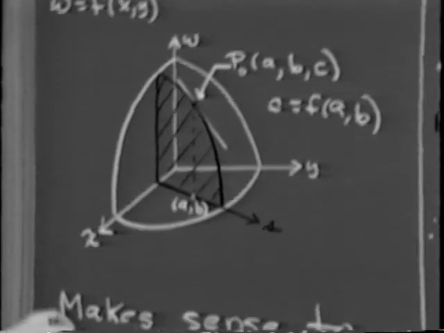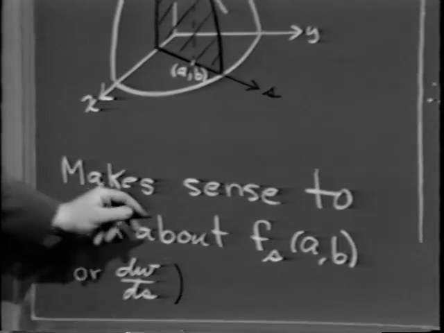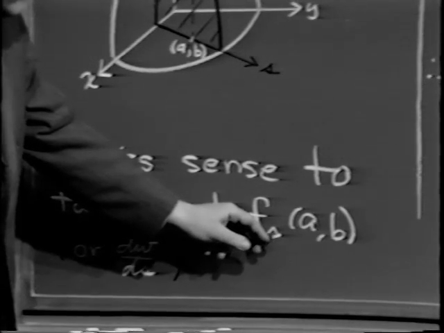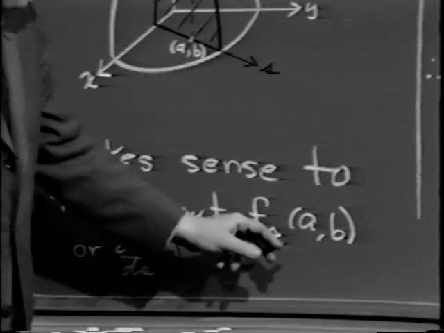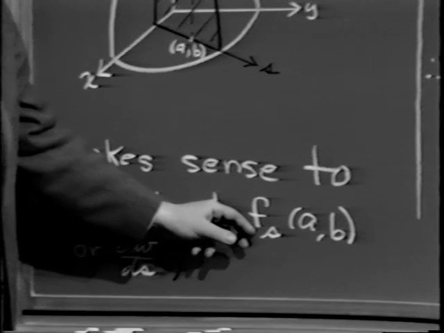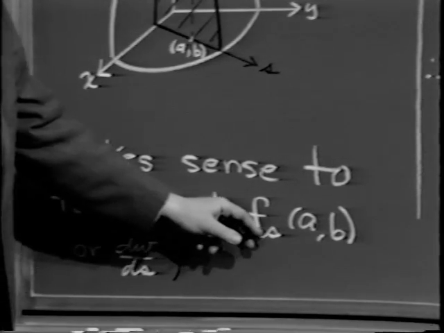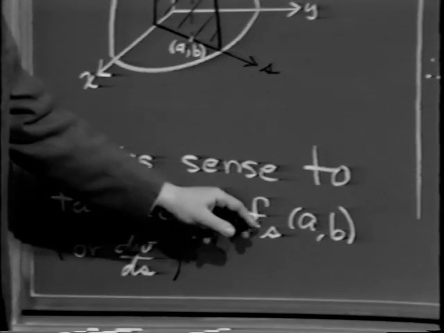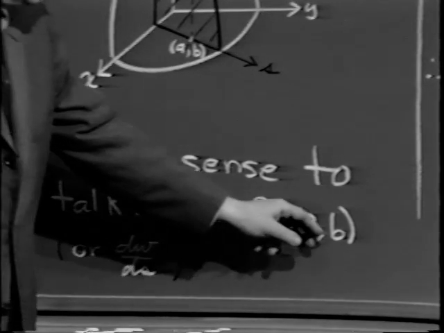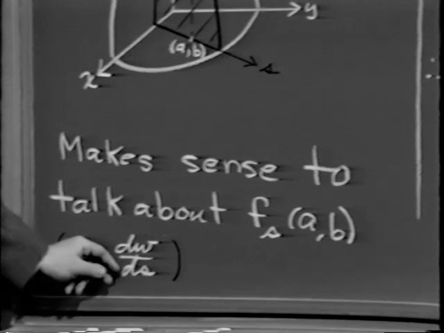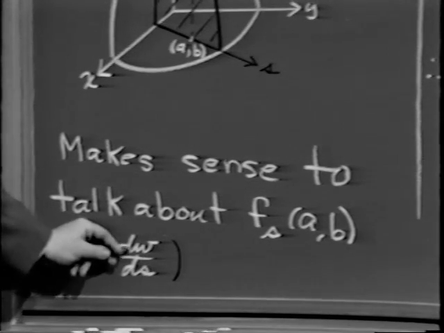In other words, it seems to make sense to talk about the derivative of f in the direction of s evaluated at the point a comma b. Just like we talked about f sub x of a comma b and f sub y of a comma b, why can't we talk about the derivative of f evaluated at a comma b in the direction of s? And if we want to correlate this with the notation in the text, observe that we call that